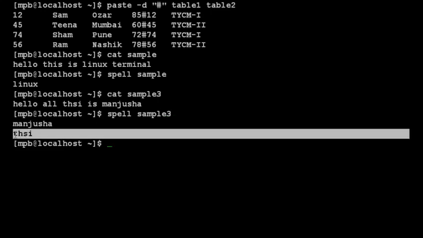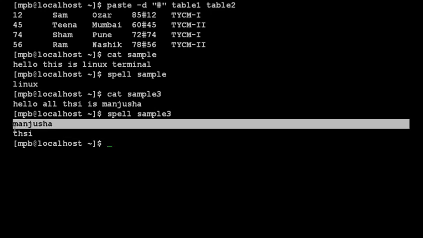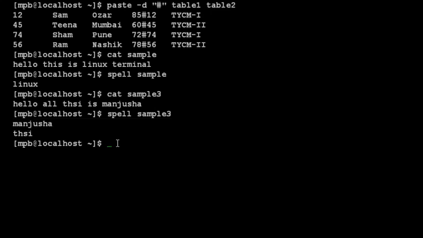So this is a wrong spelling and Manjusha is also a wrong spelling because it is not a dictionary word, it is a noun, and that's why it will show you. So the spell command is generally used to show the wrong spellings in your file. The options of the spell command will not work here because the manual entry for the spell command is not here, so we cannot use any option with this spell command. Now we will move to the next command, and that is the sort command.